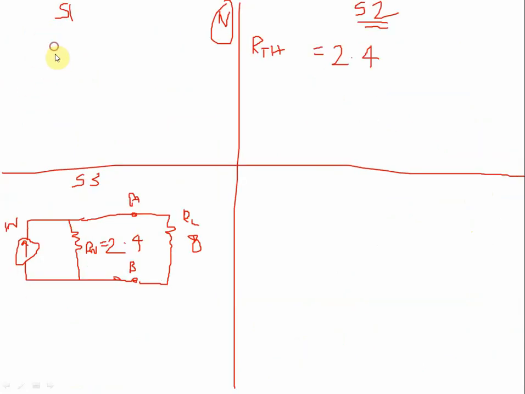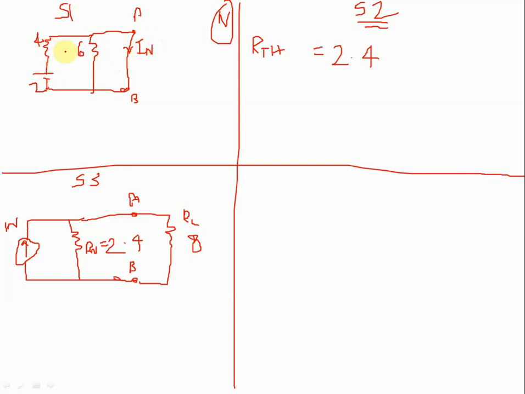Okay, draw it again. Resistance, source, and here is one more resistance. It is connected to A, B. Then what are the values? 2, 4, 6. So this is the value. The load was previously connected, it is a closed circuit. So what is flowing now? IN is flowing. IN means the load current is flowing.